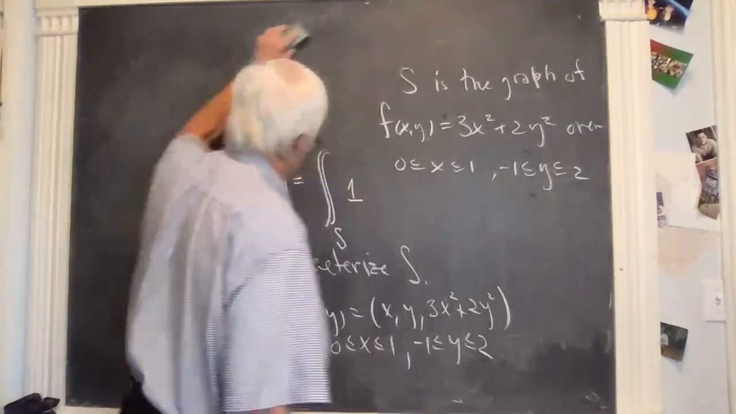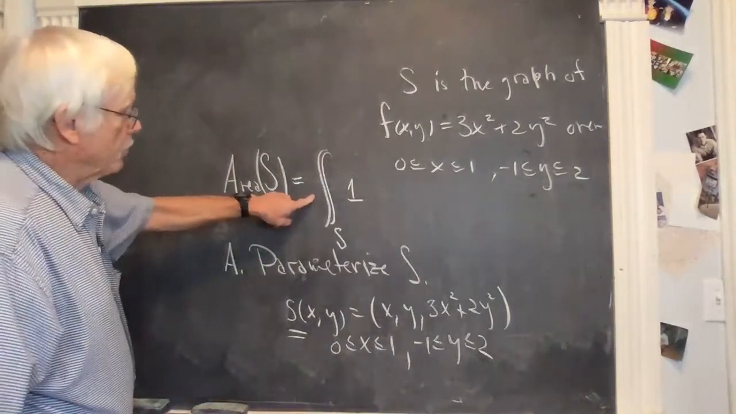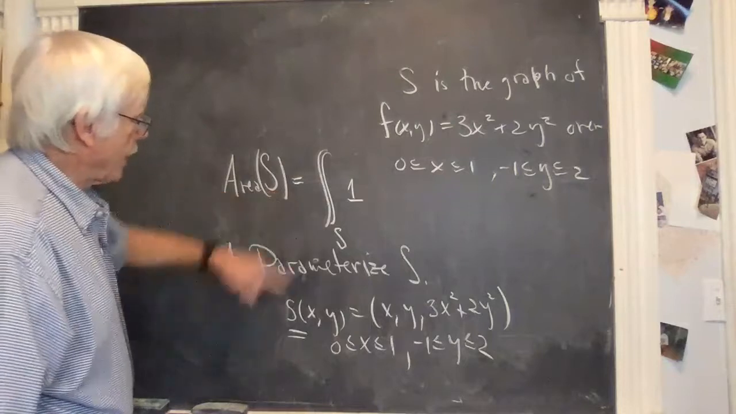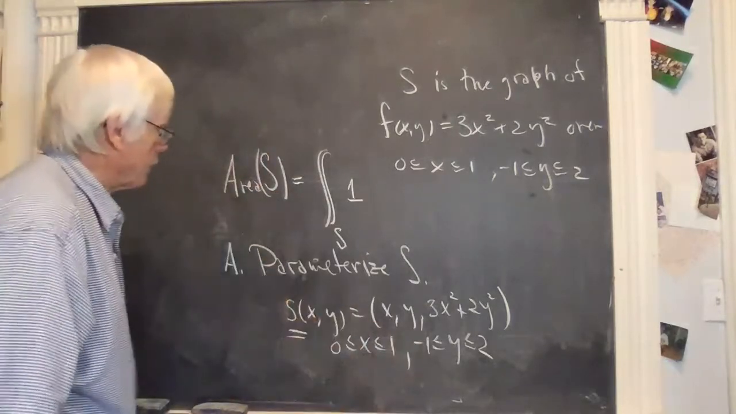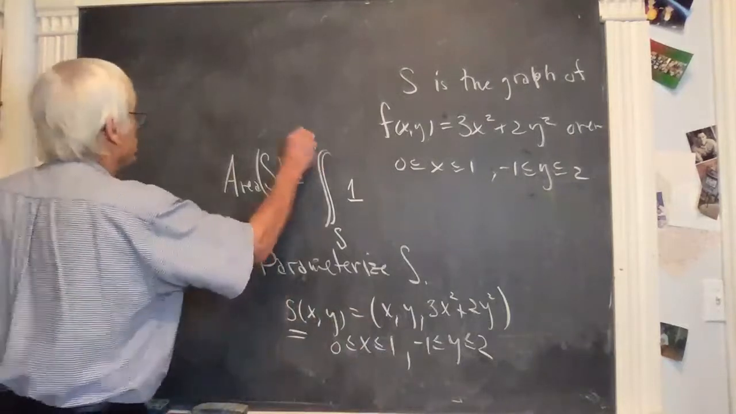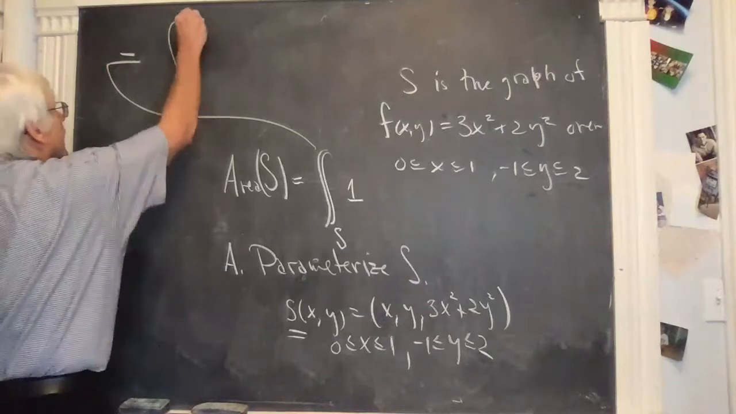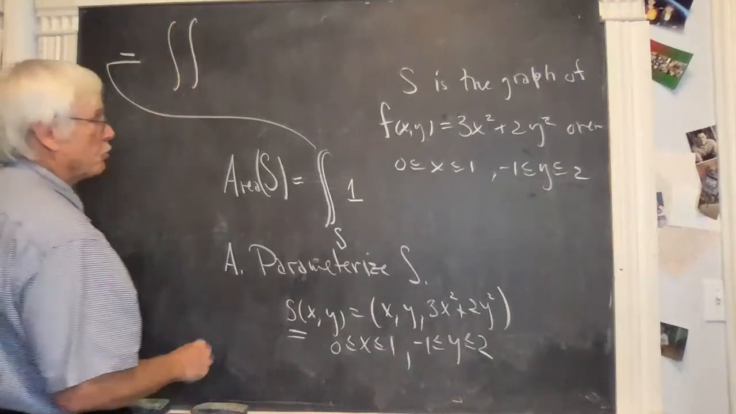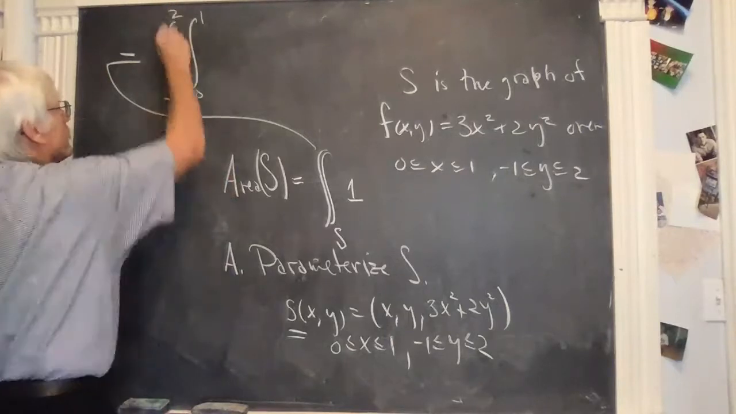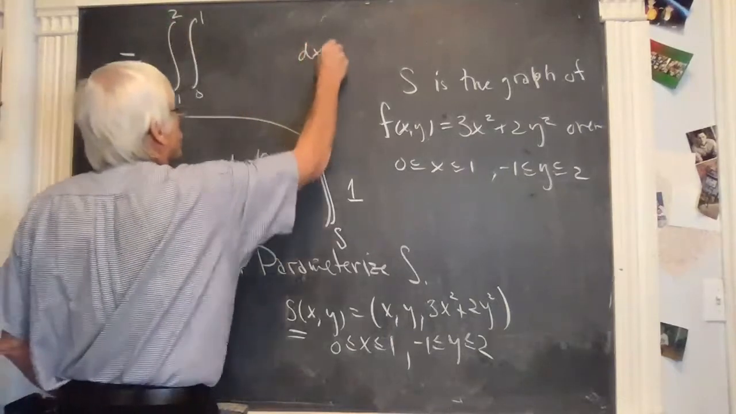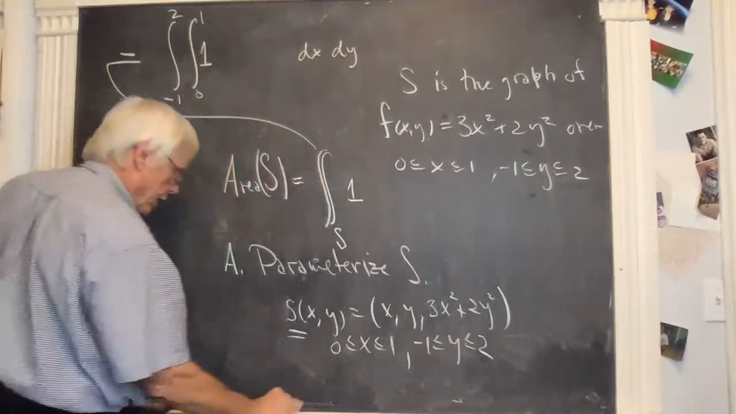The next step is to have this integral reflect the variables that you're using here, x and y. So this will be equal to the integral, and x will go between 0 and 1. Y will go between minus 1 and 2. X is first, y is second. You're integrating the one function, but